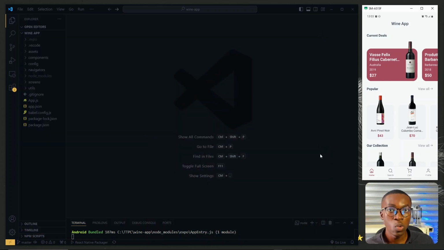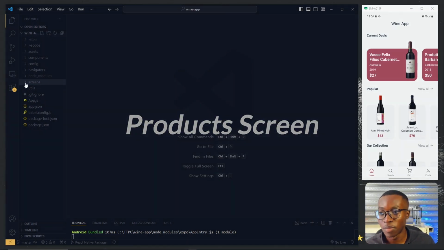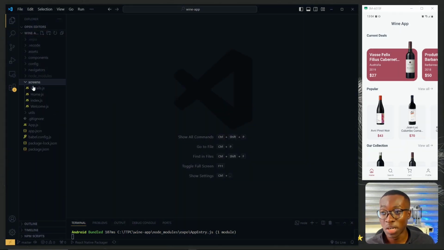Once we are done, we'll be linking to them through the links that we have over here, the view all links. This will be the links leading to that page. So to start our work, we'll create a new screen file. This file will be called products. So create the file